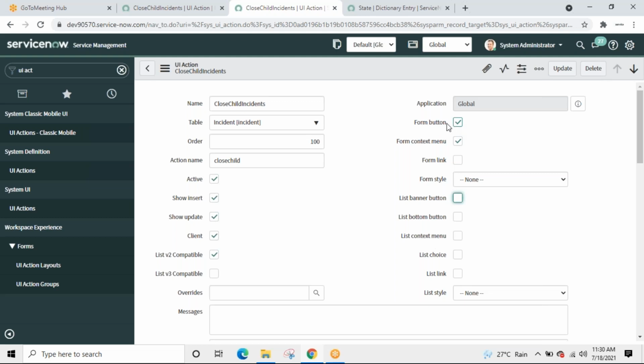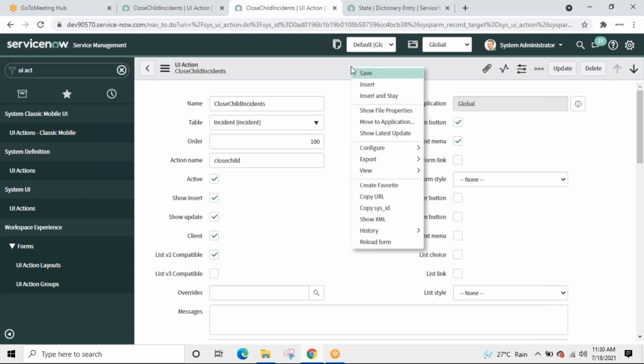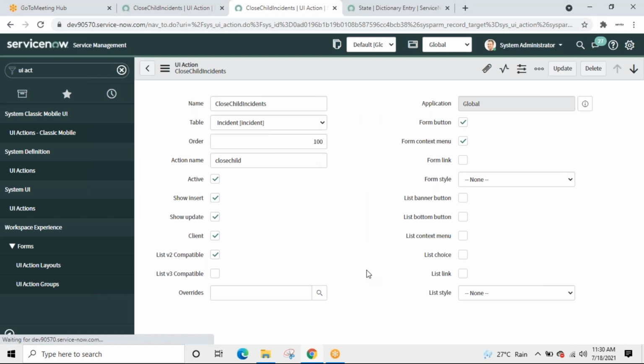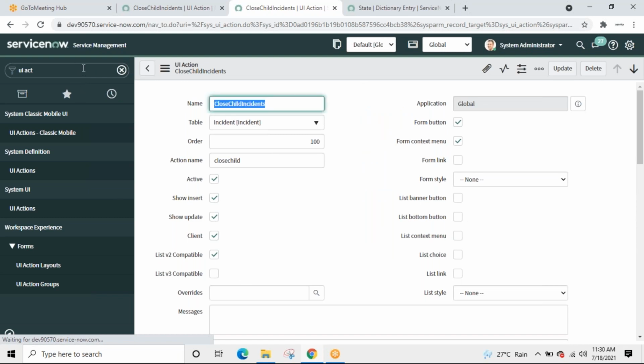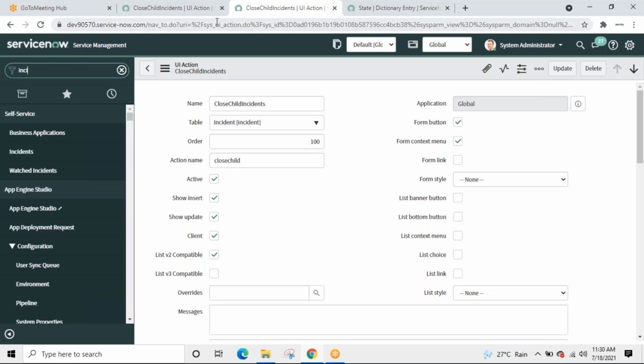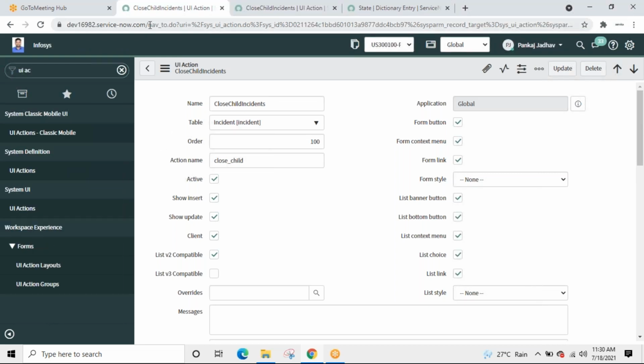Now it's available as a form button and form context menu. The same functionality. Save it. Okay. Now if I go to the incidents, or let it be like this, I'll go to a new tab.